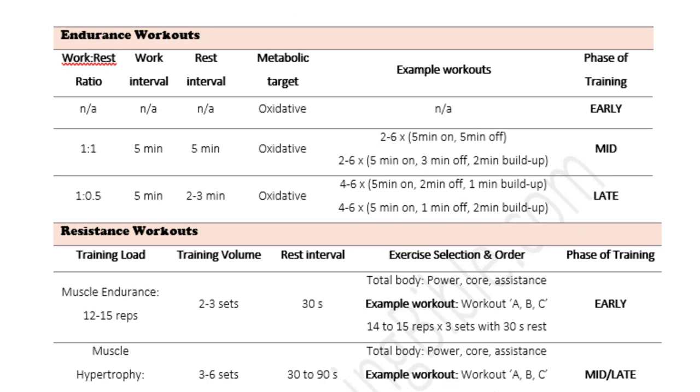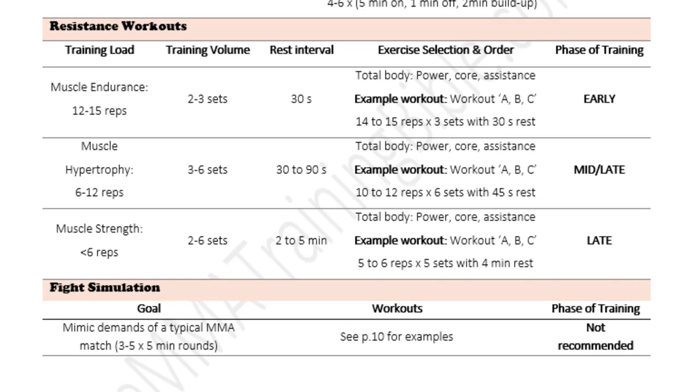Okay, let's talk a little bit about transition workouts. Now remember, after the fight comes the transition, and it's all about dissipating fatigue and recovering from any injuries you picked up during the fight, and of course from this long training plan. And again, we always program workouts from the top of the table to the bottom. So for endurance workouts, this means focusing on oxidative energy systems and longer work intervals, somewhere in the 5-minute range is good. For resistance workouts, this includes a focus on muscle endurance early on, followed by muscle hypertrophy and strength as you move through the phase.